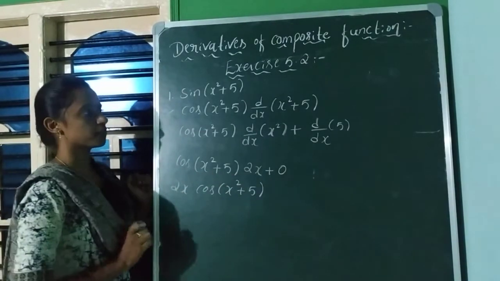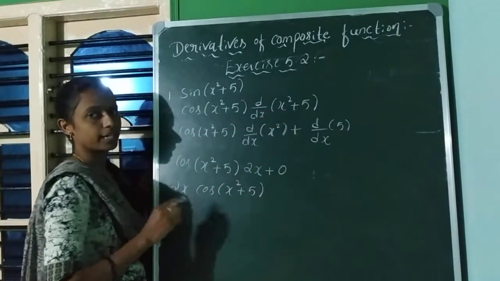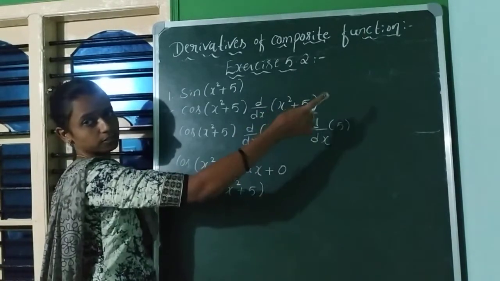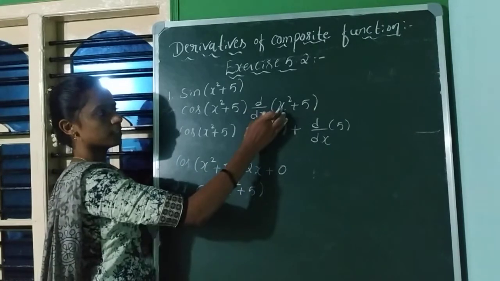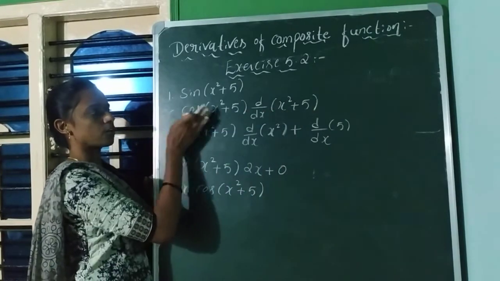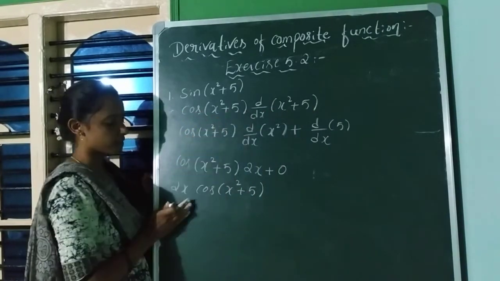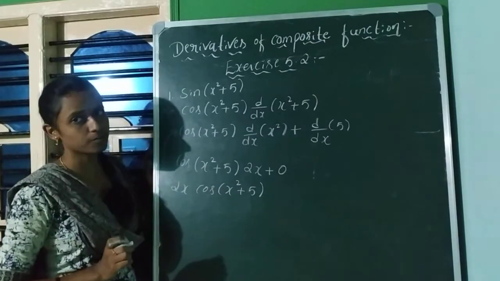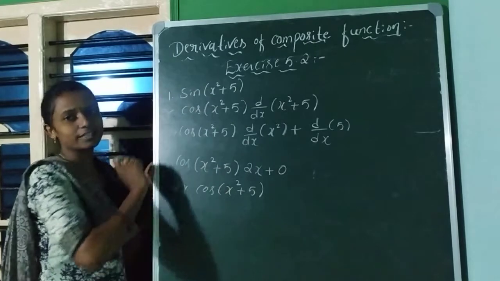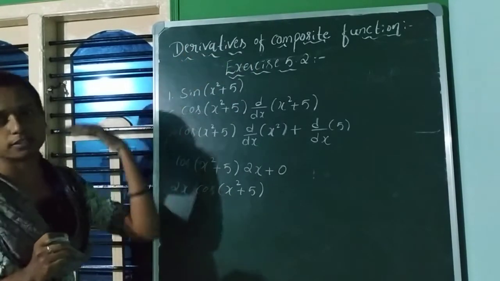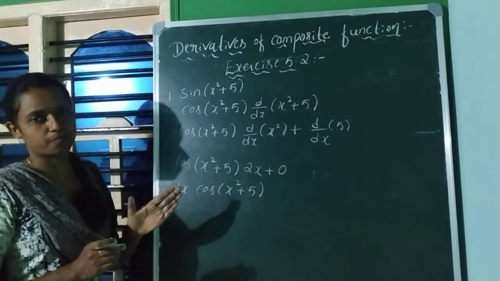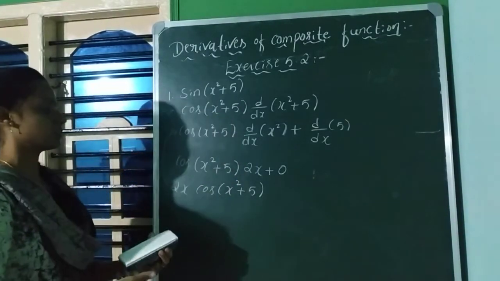If you are good enough in the derivative of an algebraic function, that is, x squared means 2x, 5 is 0, then you could write that is 2x into this cos of x squared plus 5. This step you could write in a second step only. You will get full marks. Usually they will ask this concept only for 1 mark. Try to write within 2 steps. So the second one is